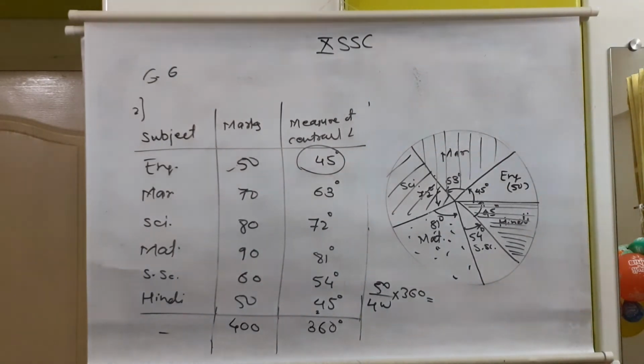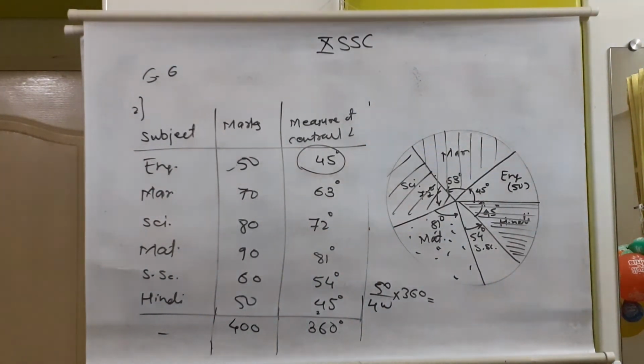So here we completed practice set 6.6, question number 1 and question number 2, to represent the given information in pictorial form. In statistics, to represent data in pictorial form, the pie diagram is one of the methods. So 6.6 is related to the pie diagram. Out of that, we completed the first two questions. I hope you people understood it. It is very easy. First we have to convert the given information into central angles, find the measure of each central angle, and then we can show it in circular form with the help of the angular measurement.